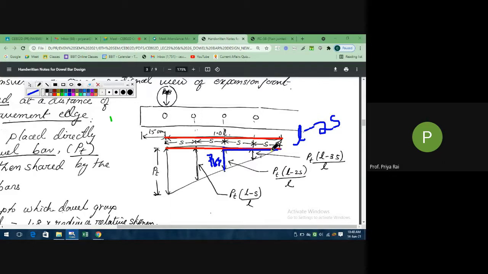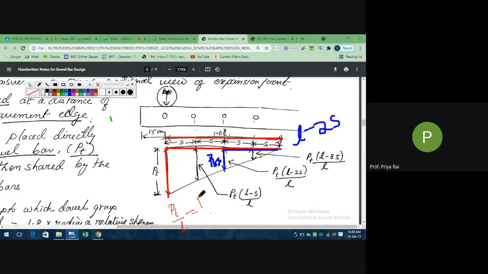Now see, this blue length is L minus 2S, this blue height is PT2, PT3, okay? Now from the bigger triangle, the height is PT and the length is L. Now what is the relationship between these things? PT by L equals, since both are similar triangles, so we can write perpendicular by base of this bigger triangle equals perpendicular by base of this smaller triangle.